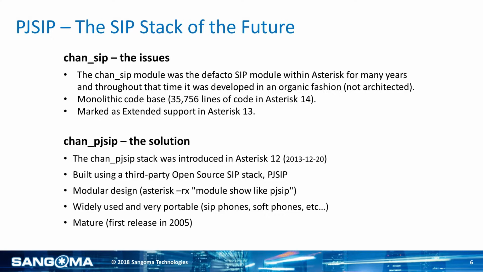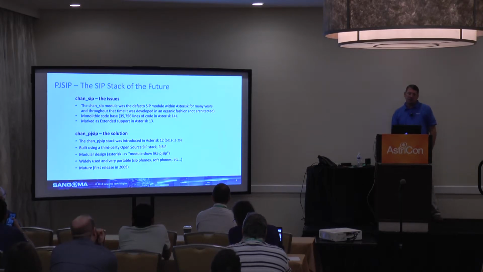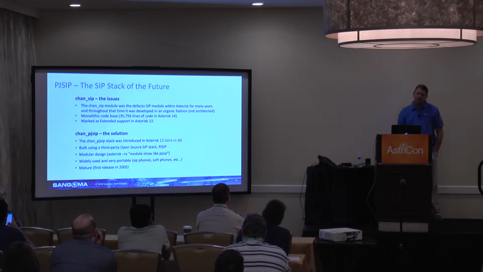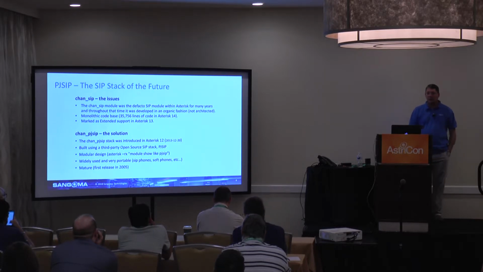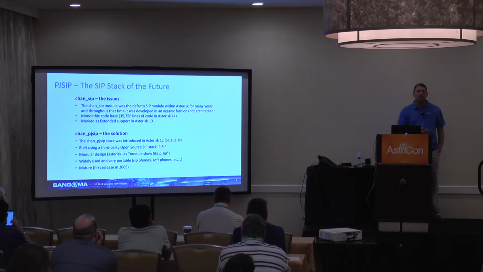We've kind of already gone through this a little bit, but ChanSIP, I had the number wrong. It is 35,000 lines of code, which is huge for a C source code file. Again, it was marked as extended support in Asterisk 13, which pretty much means unless it's a security issue, Digium's not going to look at it. You're free to make changes all you want, and you can submit those changes to Digium, and they'll maybe accept it, but Digium's not going to spend any more time developing new features for ChanSIP. They're only doing that for PJSIP,